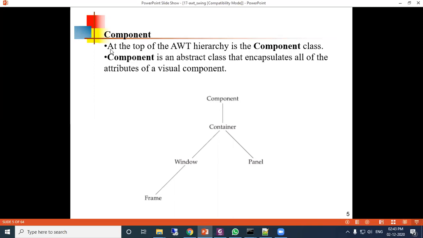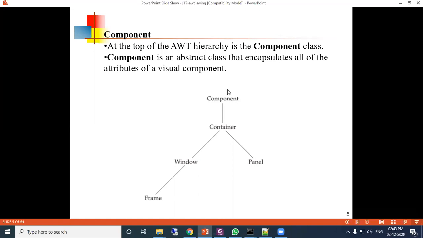At the top of the AWT hierarchy is the Component class. Component is an abstract class that encapsulates all of the attributes of visual components. Abstract class means you cannot create an object of it.